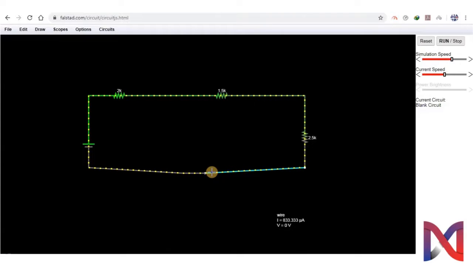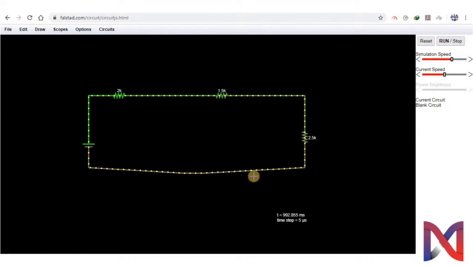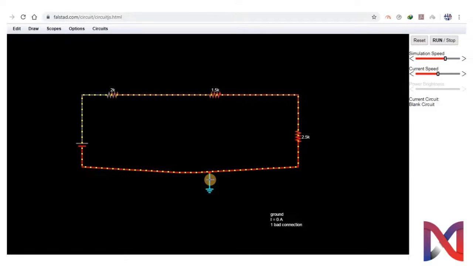Do you think this circuit is complete? We should add a ground as well. Here you can see bad connection, which means that the ground is not connected.